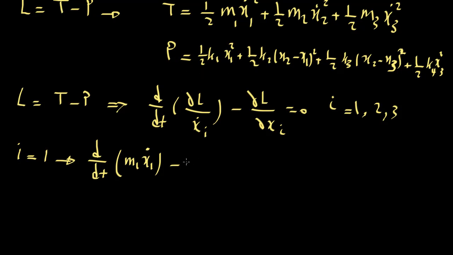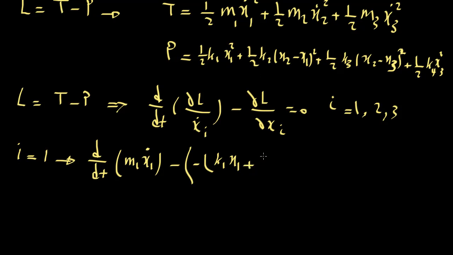So this would be minus the derivative of this with respect to x1. So this would be k1, and we have a minus here, so we should put a minus also over here, because we have to take the derivative of the Lagrangian, and the Lagrangian is T minus P, so there is a minus over there. So minus here with respect to x1, this would be k1 x1, and here it would be